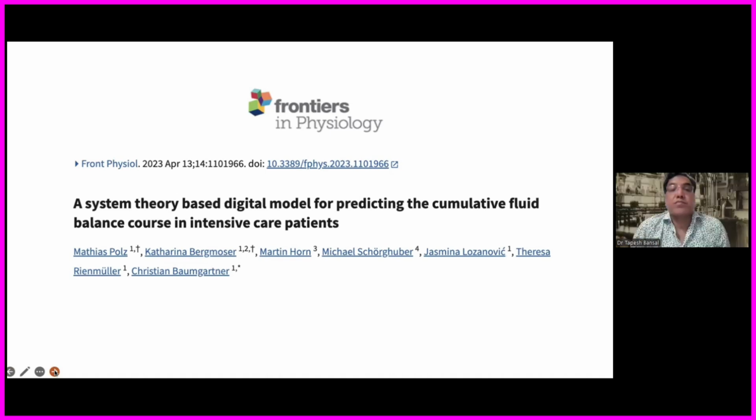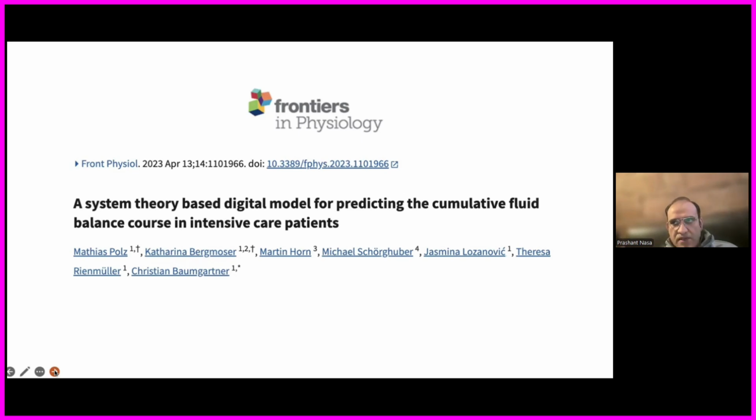Now, we have learned, and I think Professor Manbrain has also talked about fluid accumulation, how we can use that fluid accumulation, or how we can early predict this fluid accumulation, is really something which is ongoing research. And here again, an AI model has been looked at, looking at the cumulative fluid to predict the cumulative fluid balance.